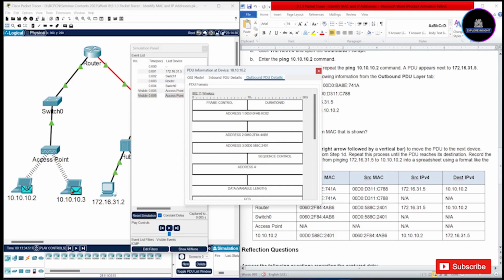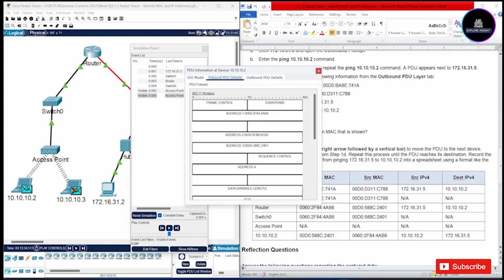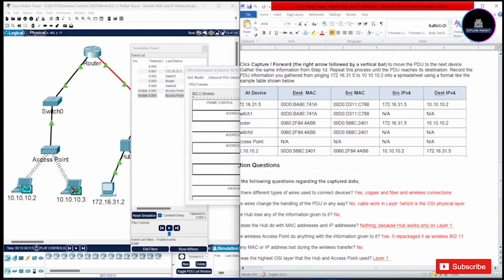So in this case, we can get the information from this and this. And for us to also know the source IP address and the destination address, we could see that here. Then to get details about the MAC address, we can find it here, where this tells us about the MAC, this one tells the MAC source address, and this tells us the destination MAC address. So let's go ahead to answer some series of questions